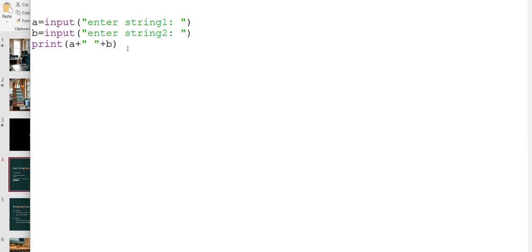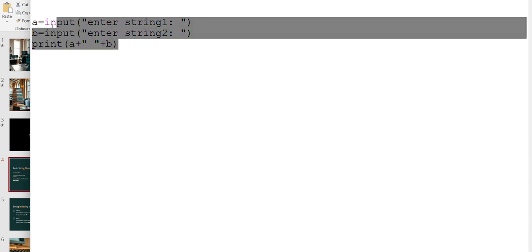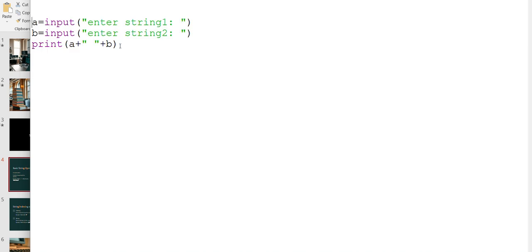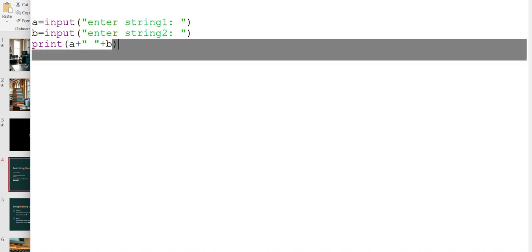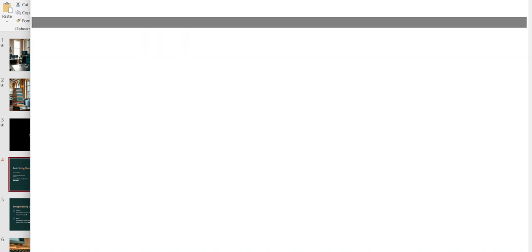Now, the next operation that we have is the replication and repetition operation, we can say. Let's say I have one string, Python unlocked. I want to print the string 10 times.